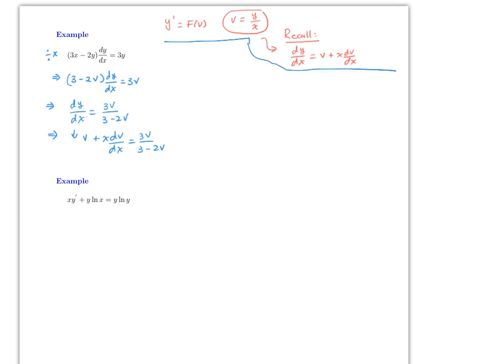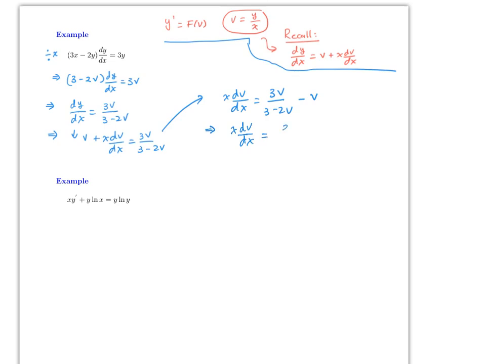All right, so from here, if we solve for dv/dx, or if we just move the v to the other side, we're going to end up with something like this. So from here we have x dv/dx is going to be equal to 3v over 3 minus 2v minus v. Then if you do a little bit of algebra here, basic algebra, and you should stop the video and check that this is the case, you will get x dv/dx